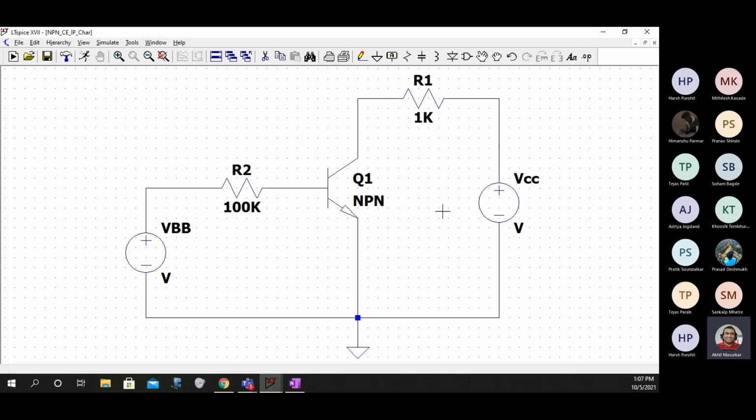Please make this in this fashion first and post your answers in the chat box. First I want you to make only this much. Some things we have to do step by step, and we can observe that in that fashion only.